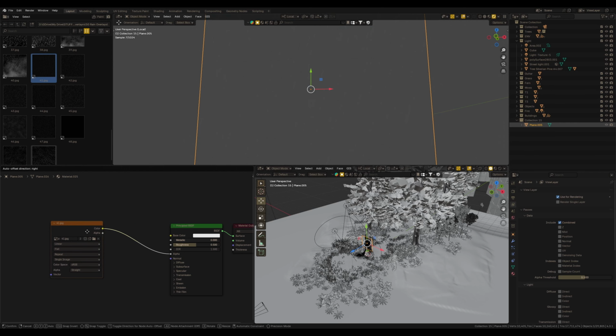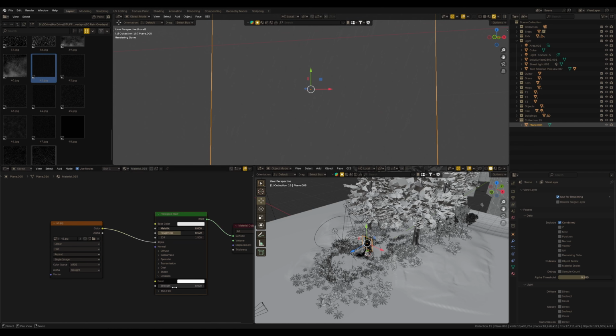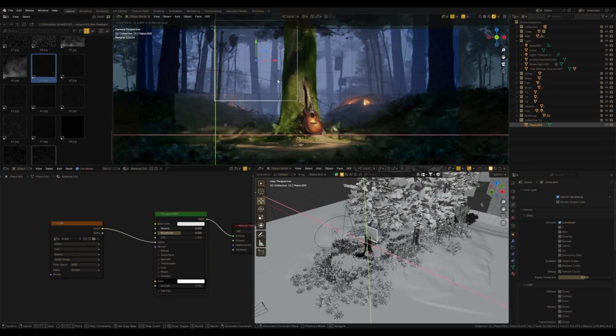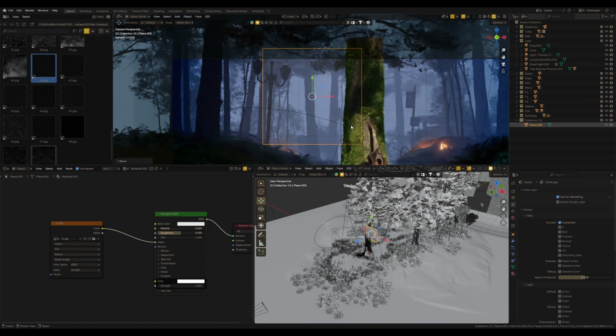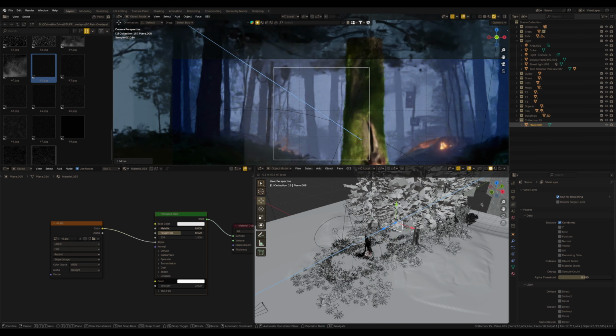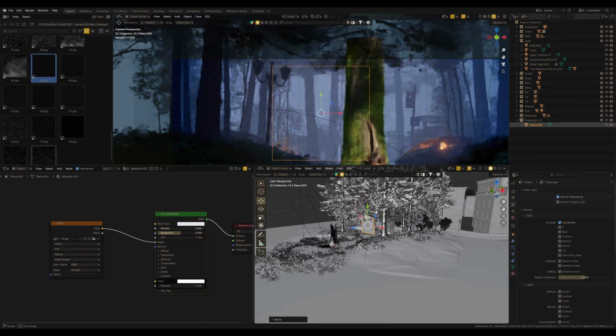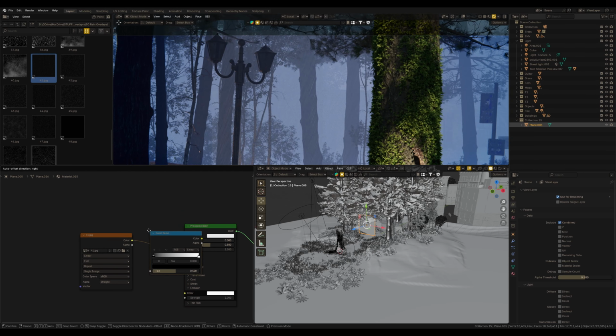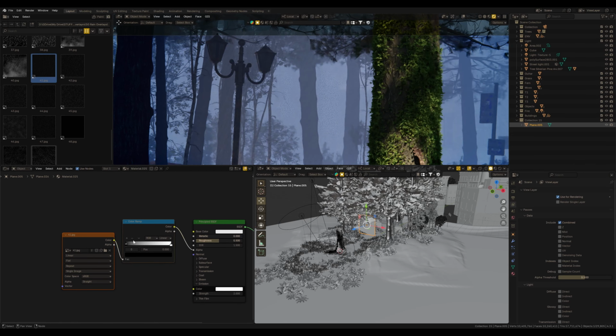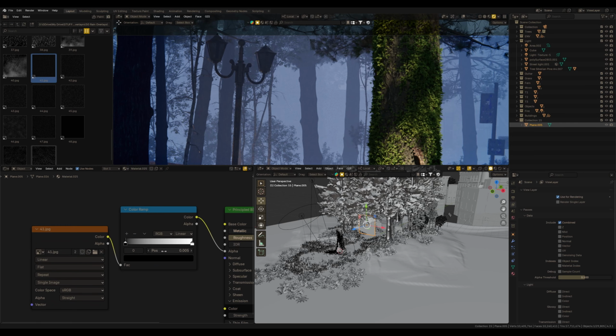Instead, I'll use this image as an alpha and add emission to boost the rain effect. Yeah, that's much better. Alright, let's place it maybe somewhere here. I scale it and move it back a bit. Something like this, yeah. Next, add a color ramp to the image to increase the contrast, making the rain more visible.